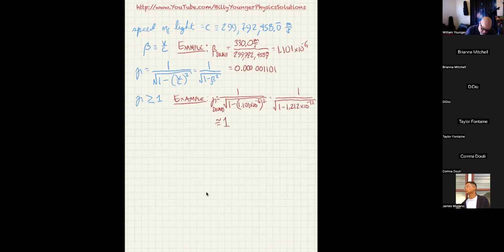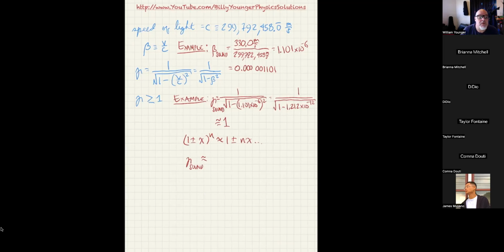What you could do, though, is use the binomial theorem, which basically says 1 plus or minus x raised to the n power is approximately 1 plus or minus n times x. And then it's got a lot of other terms, but we can do that here and say that gamma for the sound is approximately equal to,